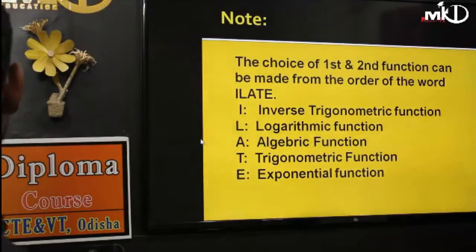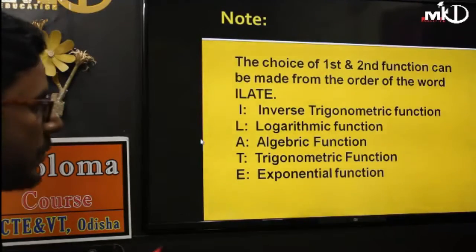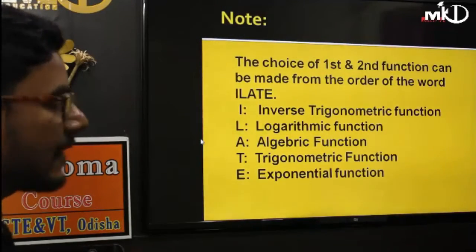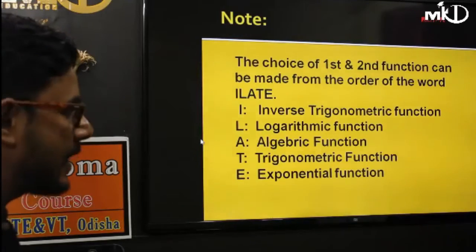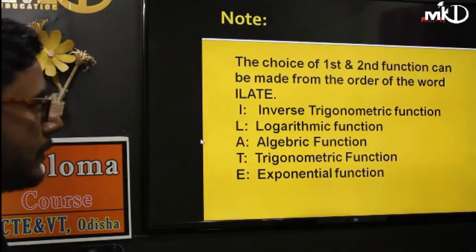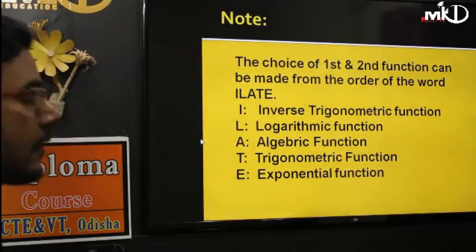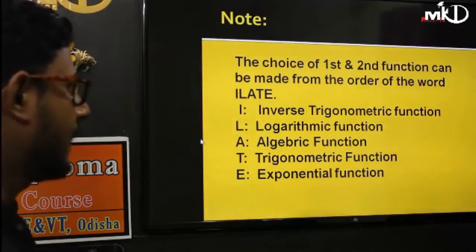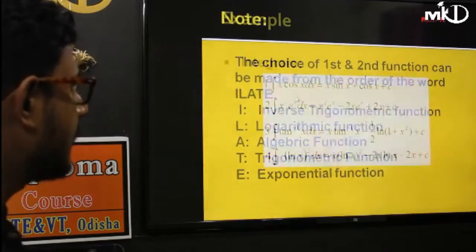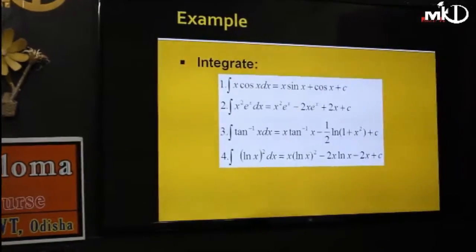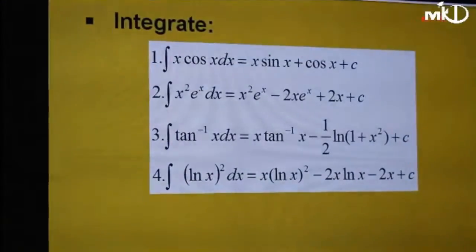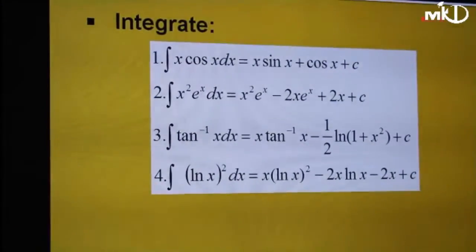Because by applying integration by parts, if we choose the two functions carefully, then the integration becomes much simpler and we can find it. But sometimes with a different choice, it becomes more complicated. We'll see how it applies. These are some problems on the topic of integration by parts. Let's do them.